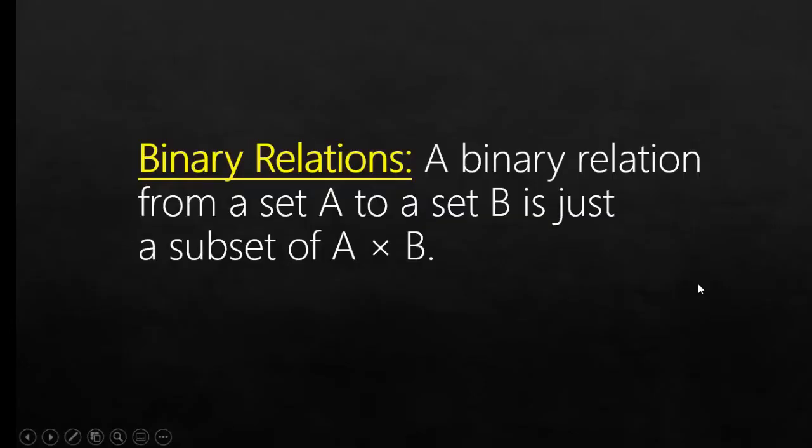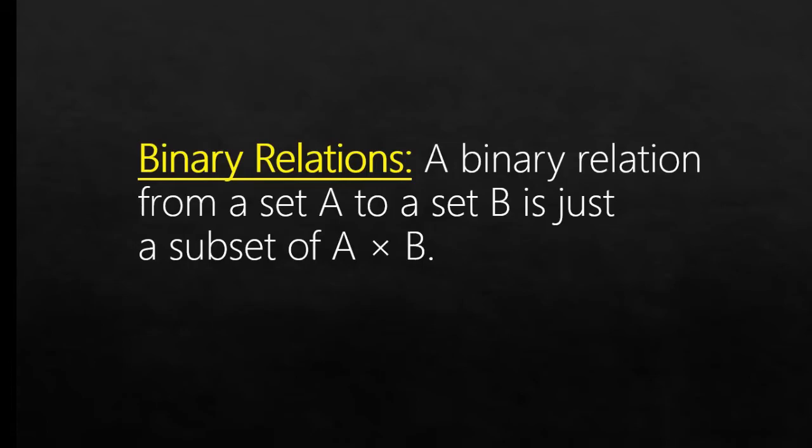A binary relation from a set A to a set B is just a subset of A cross B. What does it mean? It means that whenever we are provided with the set, we can find out the Cartesian product. First you need to know how many elements are going to be there in this Cartesian product. Then you have to find the Cartesian product itself, and then if the question says to find out the binary relation, you can find the binary relation by taking all the subsets of the Cartesian product. If the sets are A and B, the Cartesian product would be A cross B. So A cross B has subsets as well. These subsets are the binary relations.